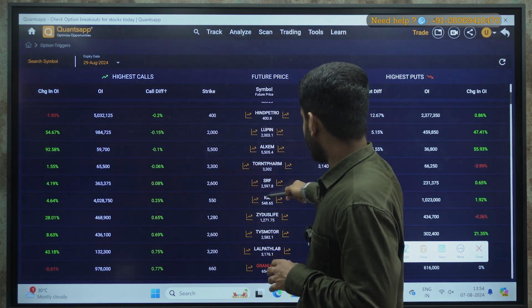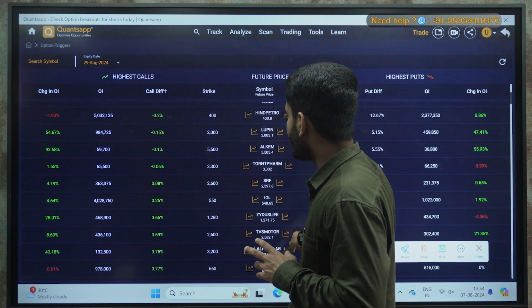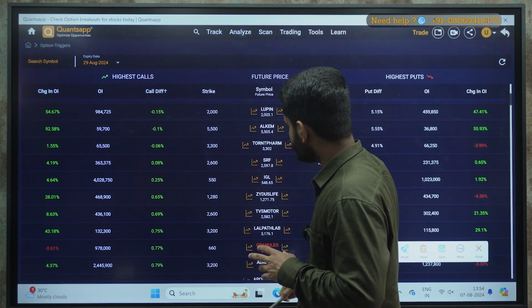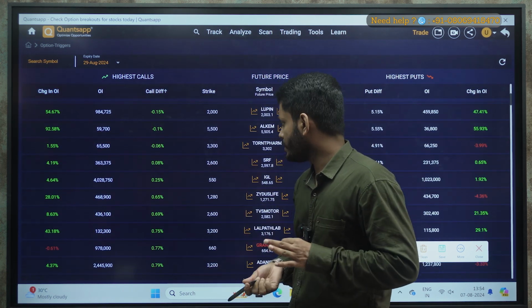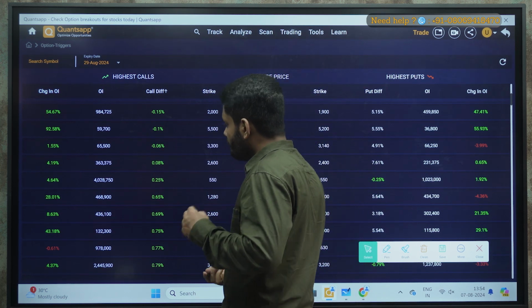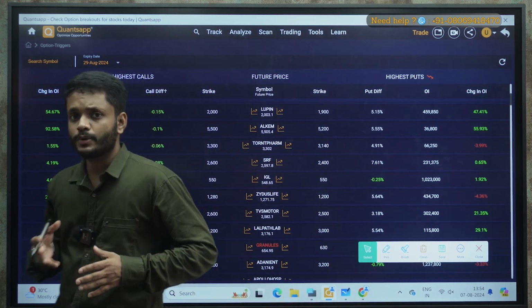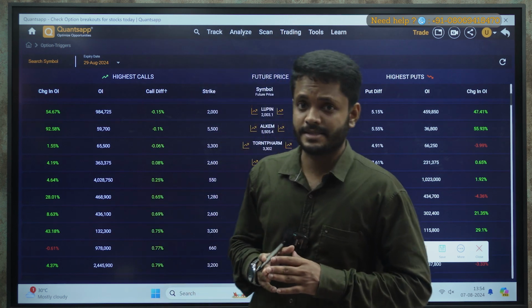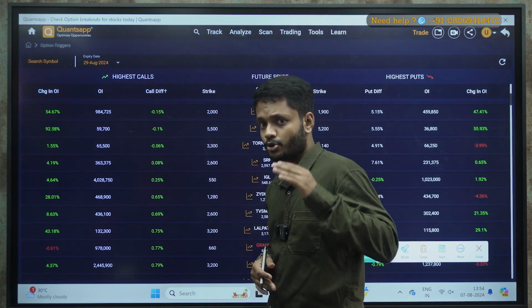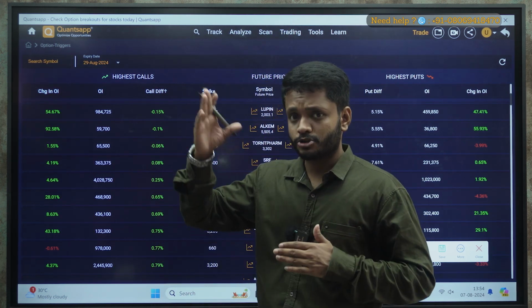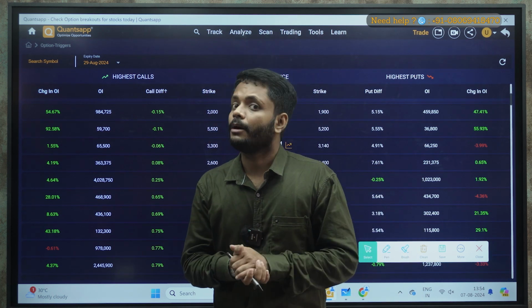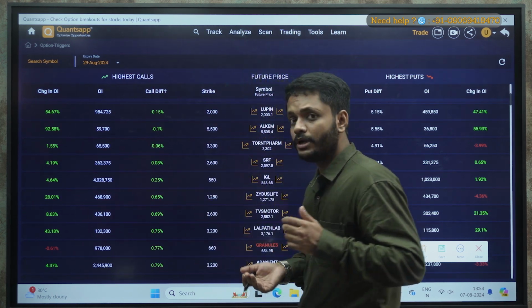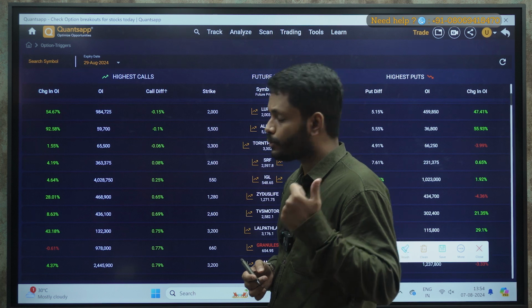So say SRF, IGL, Zydus Life, TVS Motor, Lalpath Lab, these are the counters where the call difference is between 0 to 1%. Now what does it mean? If call difference is between 0 to 1%, that means the stock is very much close to its resistance. Now there are two possibilities. When the stock is close to its resistance, either the stock might break out or the stock might break down, correct? So how would you know whether the stock is going to break out or whether the stock is going